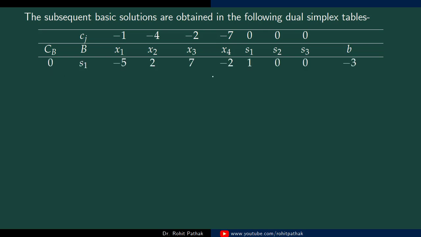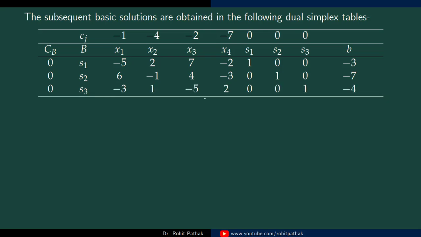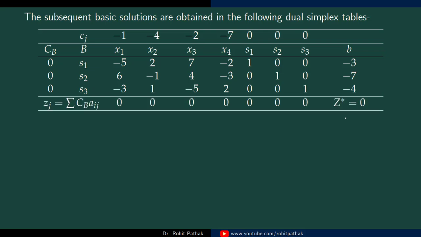So this first row is the first equality, coefficients of the first equality, equal to -3, and this is the first basic variable, the variable which is non-zero in the initial solution. So s1 is non-zero, which is -3, then s2 is equal to -7, and these are the coefficients in the second equality, and these are the coefficients in the third equality, and this is the third basic variable which is non-zero, value is -4. Okay, so this is the structure of the table. As usual, this is just like a simplex table.